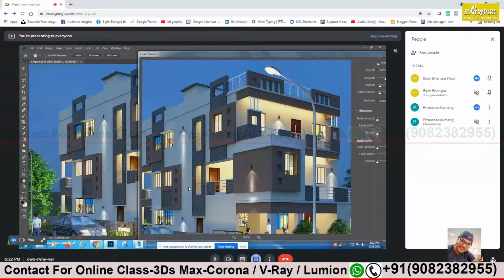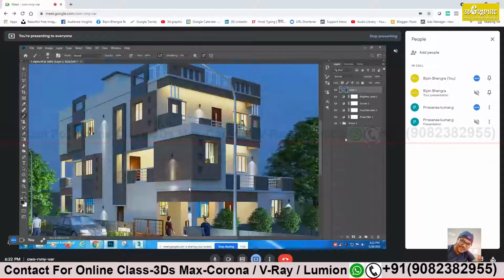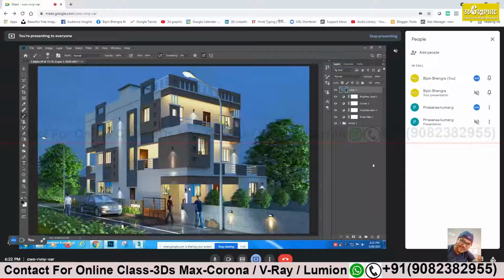You see the effect there itself. Yeah, we can see some difference. I think this much effect is enough for sharpness. Yes, how much is it? 130, 124. Okay, 120, fine, I will make it. That is good. So here we can see the difference now. We can see it on the trees, and the sharp lines, the top lines of the railings. You can see the difference. Okay, perfect, Prasanna, perfect.